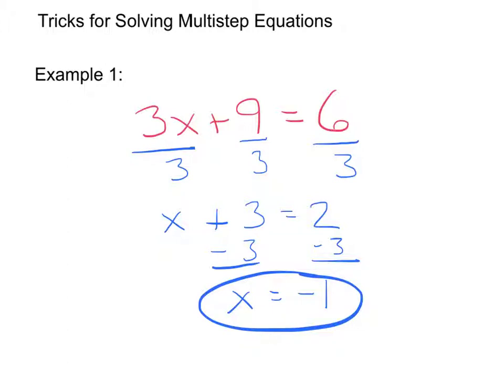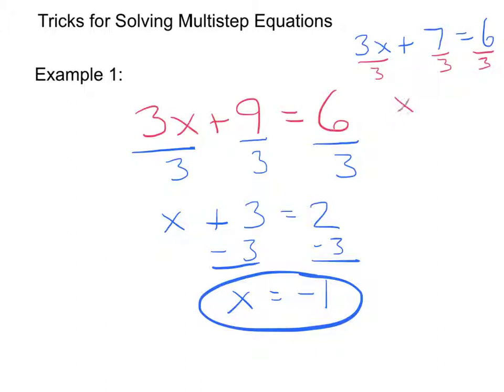So it still works. What I'm doing is taking my 3x plus 9, this entire term here, and factoring out. I've noticed they both have factors of 3 here, so I'm making that a little bit easier. This works for everything. It's a little bit more tricky with some things. For instance, let's say this was 3x plus 7 equals 6. Well, now when I divide by 3,